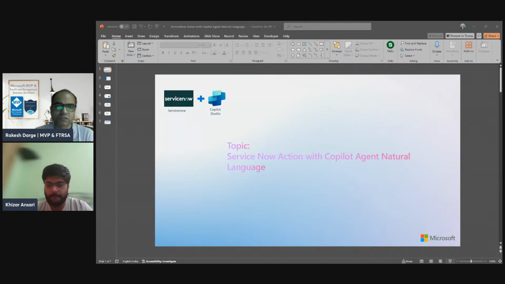Just to set the context, in terms of the agenda, we will start with a very basic understanding of Copilot Studio, especially for those who are not familiar with what Copilot Studio is as an app, or who may not have much idea about the offering from Microsoft. Then we will move on to the business use cases, where we will talk about three core business use cases in day-to-day activity where IT pros or business users typically use ServiceNow, and what the action is in terms of the Copilot agents and how it is going to be beneficial for them to increase productivity in